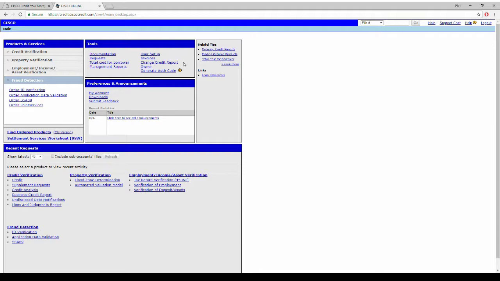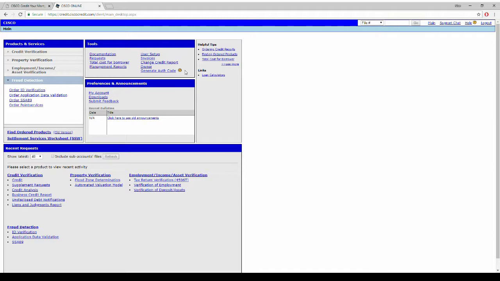And finally is the Generate Auth Code link, where users can generate an auth code for their account that will last for 2 hours. For example, if you're leaving the office to meet a customer, but you know that you're going to need access to the system, you can generate the code beforehand, and as long as you log in within that 2-hour window, you can use the code that you had previously to avoid having to wait for one